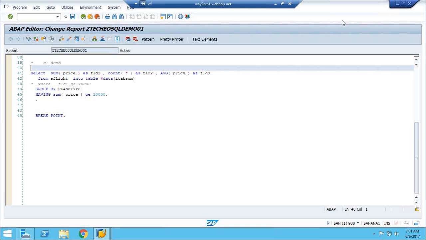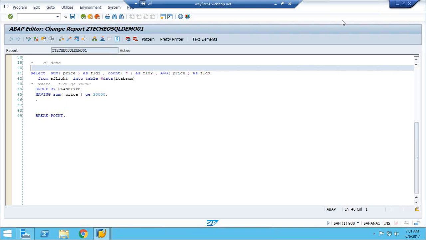At that time performance is very high while using joins. If you are joining based upon customer number or date or something which is non-primary key, that time performance will be slow.